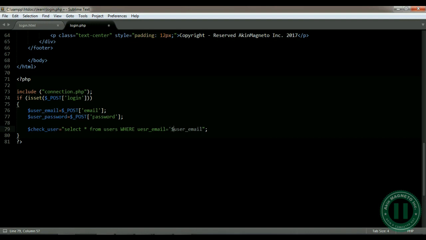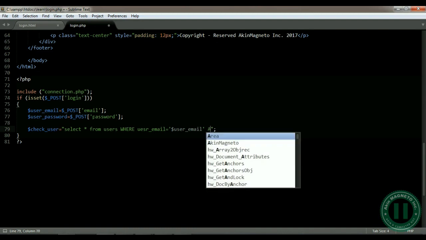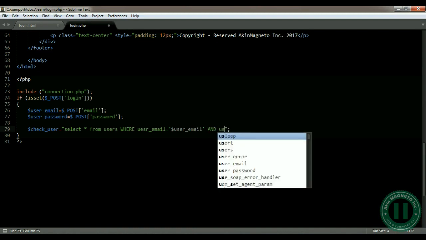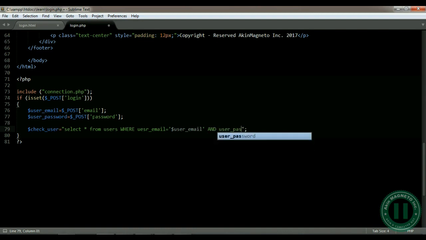Now you need to put this into a quote. User email equals to this and user password equals